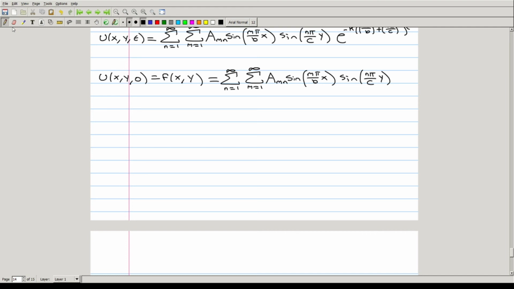So as long as this double sum is uniformly convergent, then we have that this is a valid solution to our problem, because we can do term-by-term differentiation and everything works out perfect. So to solve for these coefficients, a_mn, we're going to do the exact same thing